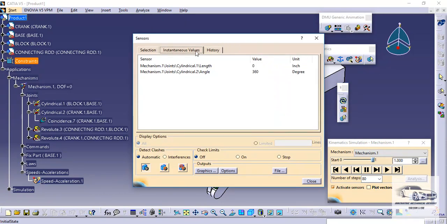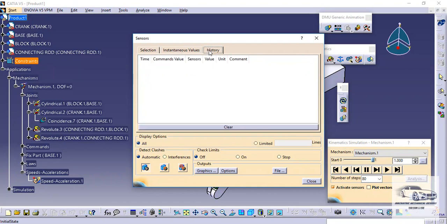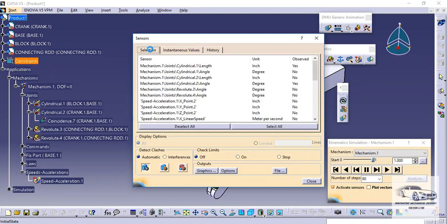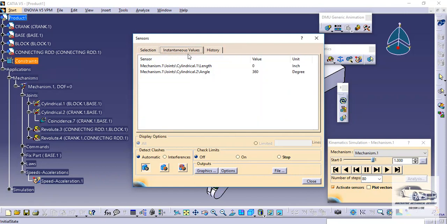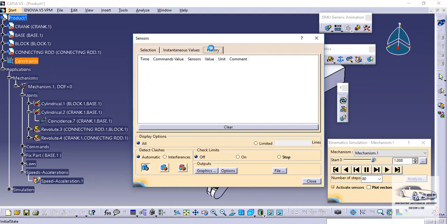So now we can see, okay, I have already got these values, no issue. So what I can do here is just remove these particular values. Okay, so this is cylindrical 2 angle.